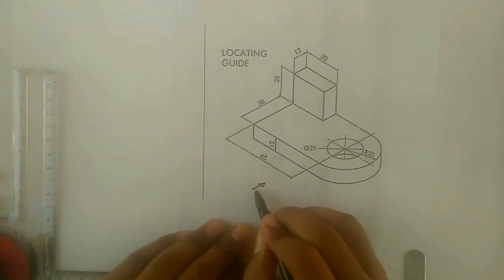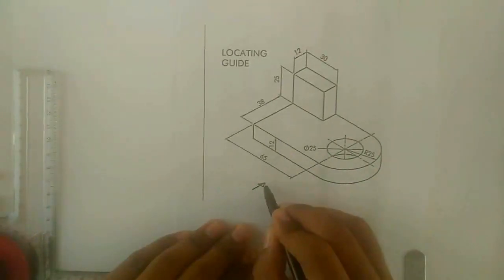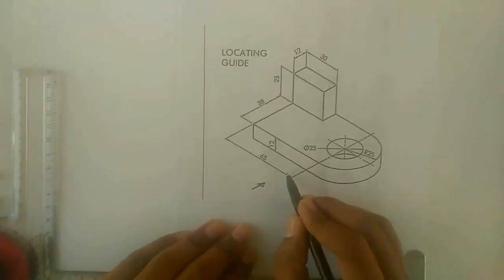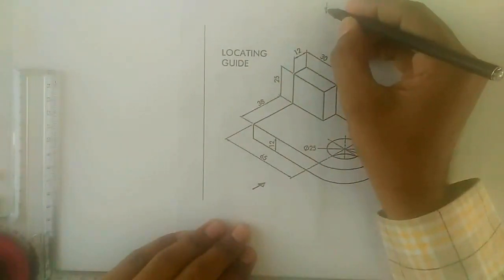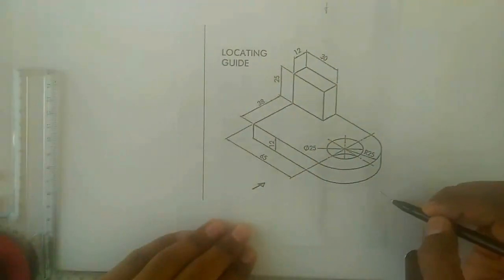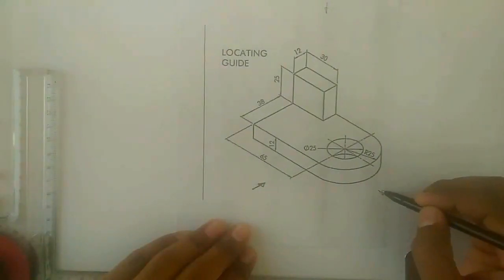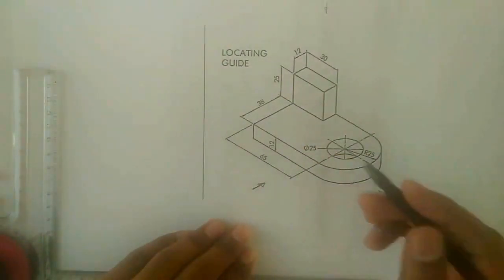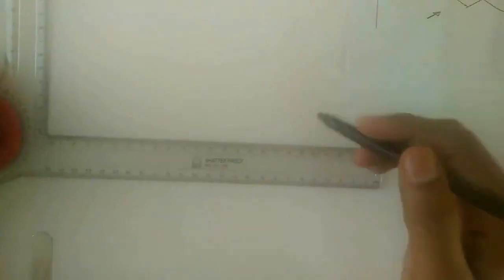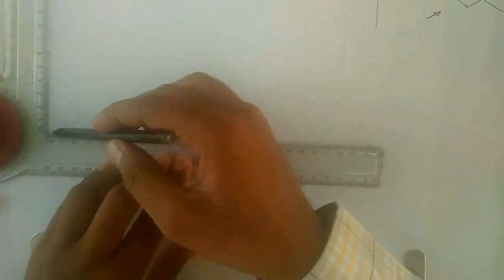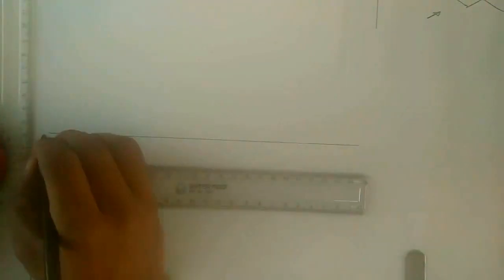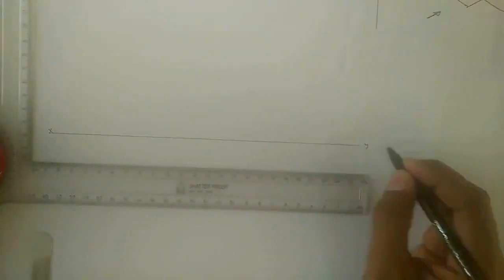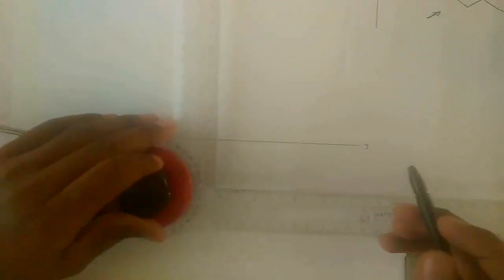It means when the observer is looking at this object from this direction, we have to draw the front view. When the observer is looking at this object from this direction, we have to draw the top view. And when the observer is looking at this object from this direction, then we have to draw the right hand side view. We will draw a horizontal line, named XY, and one vertical line,